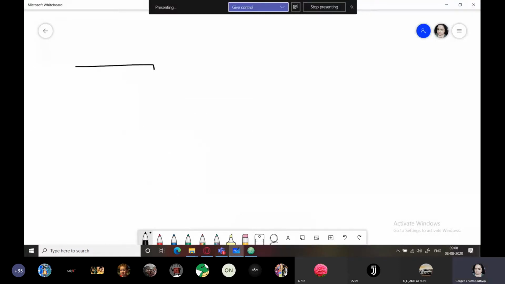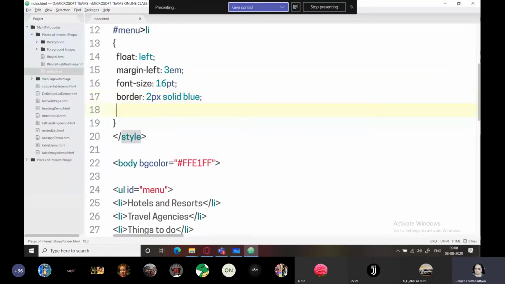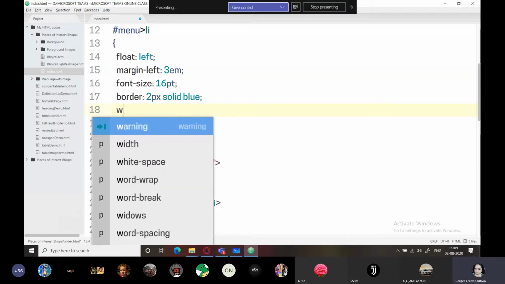It should be like this. Every menu item should have a fixed width. It looks very crooked over here. I want a fixed width for each of the menu items, right? So for this, I will be using width as,